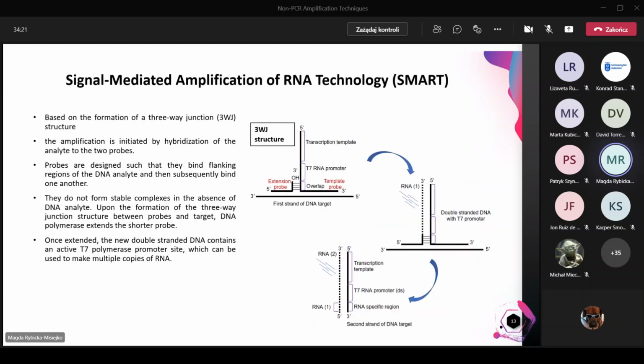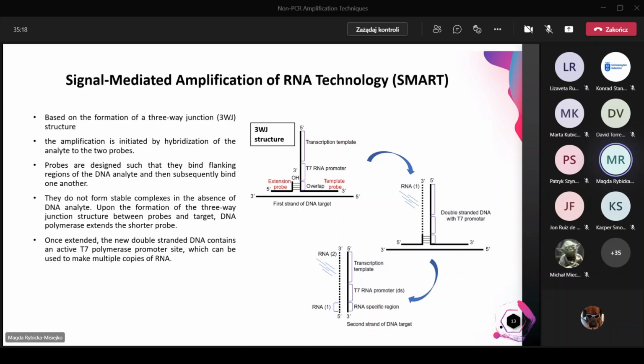DNA. The SMART technology, so signal-mediated amplification of RNA technology, is based on the formation of the three-way junction structure. It consists of 2 single-stranded oligonucleotide probes. Each probe includes one region that can hybridize to the targets at adjacent positions, and other much shorter region that hybridizes to the other probe. And the 2 probes are annealed to each other in the presence of the specific targets and forms a three-way junction. And following this three-way junction formation, DNA polymerase extends the short probe by copying the opposing template probe to produce a double-stranded